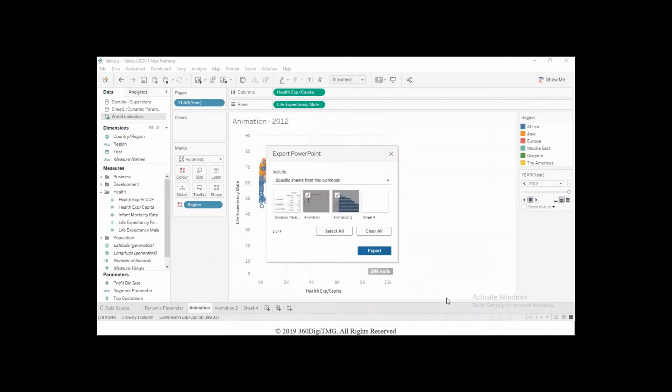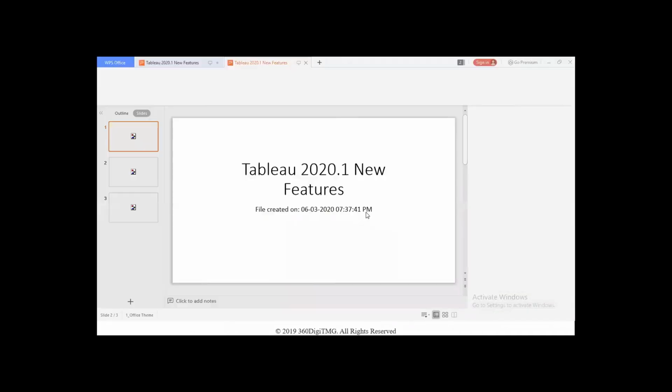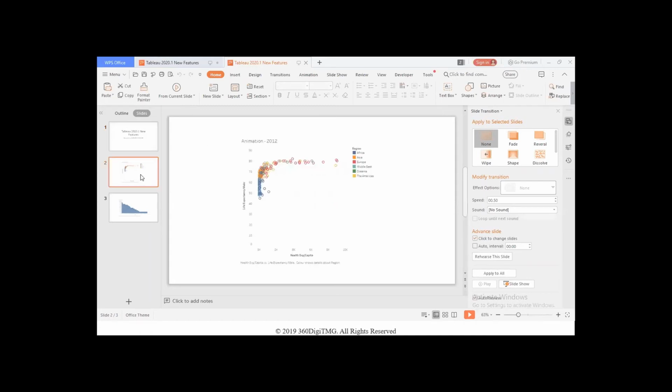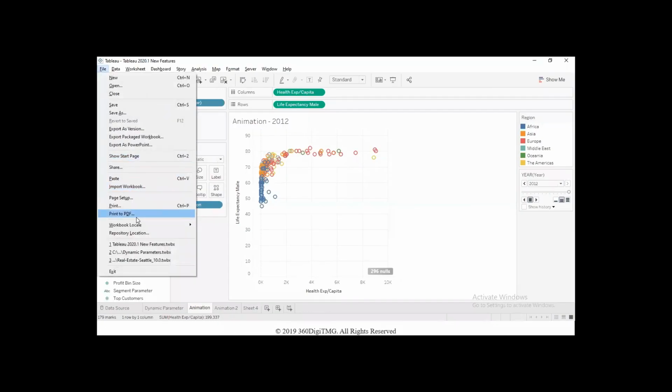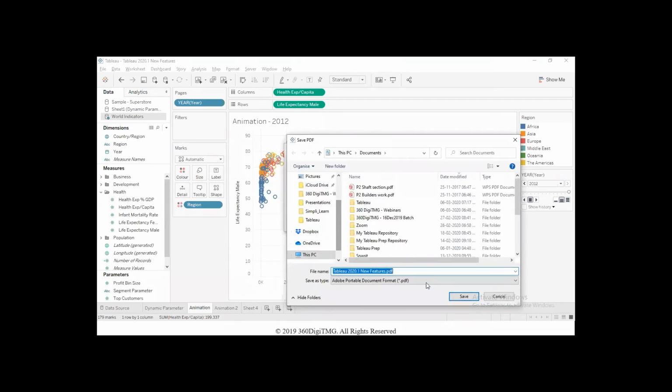And when we export it as a PPT, what do we know? Tableau will automatically put a title slide on the PPT, giving you the name of the workbook and the date and time when the workbook was created, and the images of the charts of the views that are present on those worksheets, right? This is the other export option we have. And also we can go ahead and use the option called print to PDF, wherein Tableau will save the workbook or only the active worksheet, depending on what we select as a portrait or a landscape option, it will save it as a PDF document.